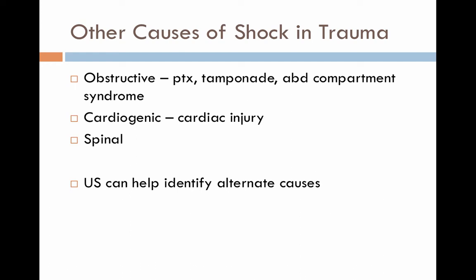Obstructive causes like pneumothorax, we can usually pretty easily diagnose that on ultrasound. We can treat that pretty easily. Then cardiac tamponade, not that common, but should be diagnosable by ultrasound. Then there's abdominal compartment syndrome. That's usually not in the acute phase in the emergency department, but more probably in a delayed fashion. Then there could be cardiogenic shock, not that common in your trauma patients, but definitely can happen